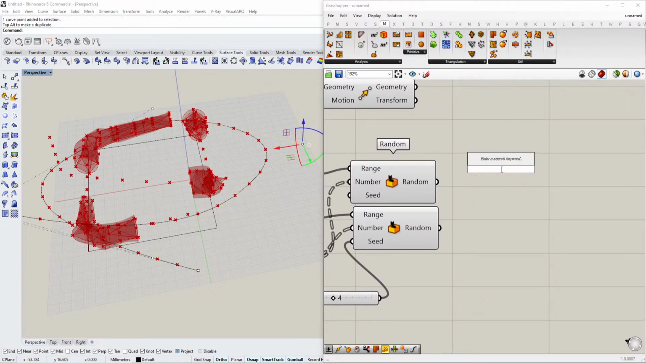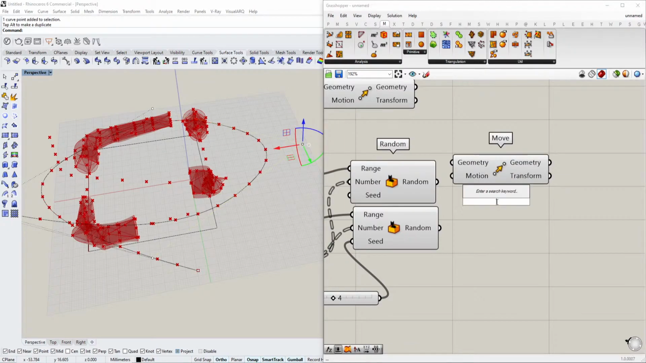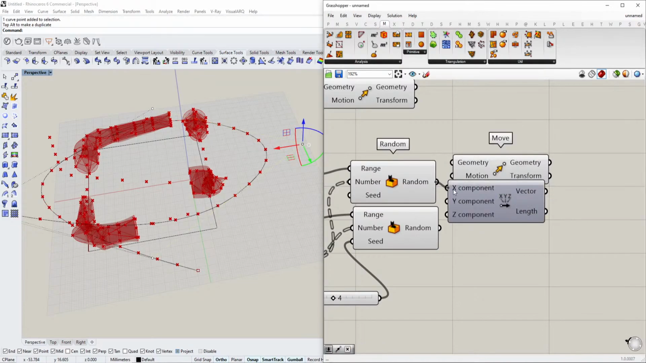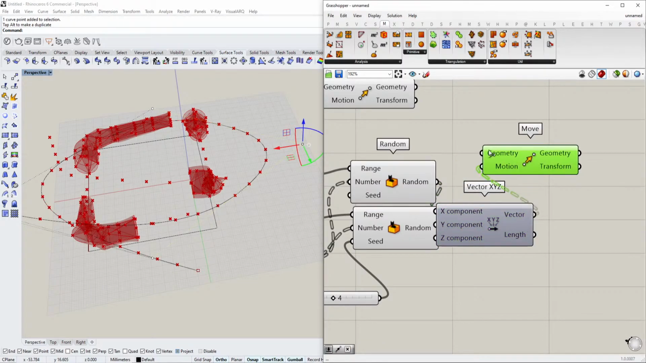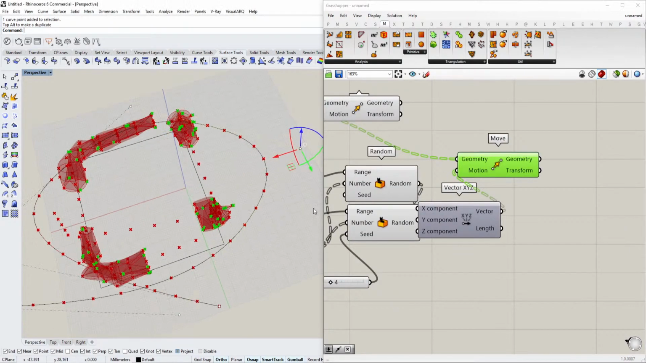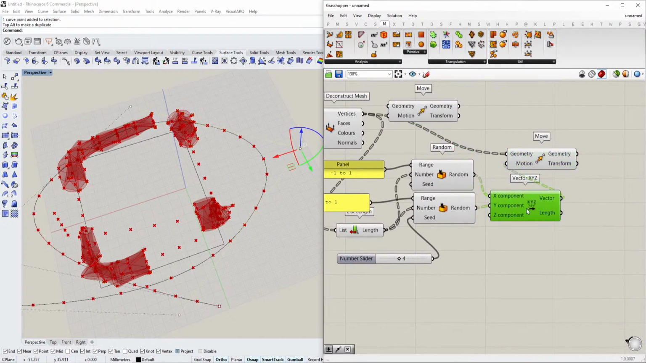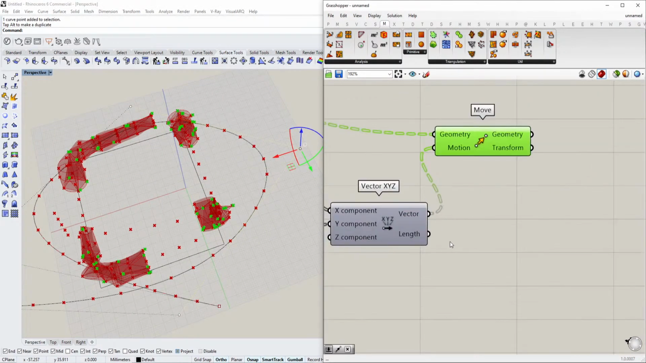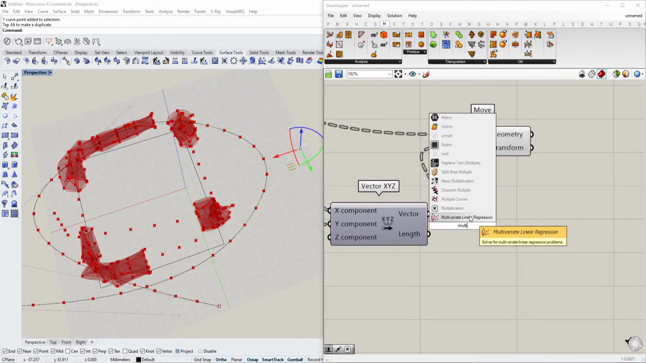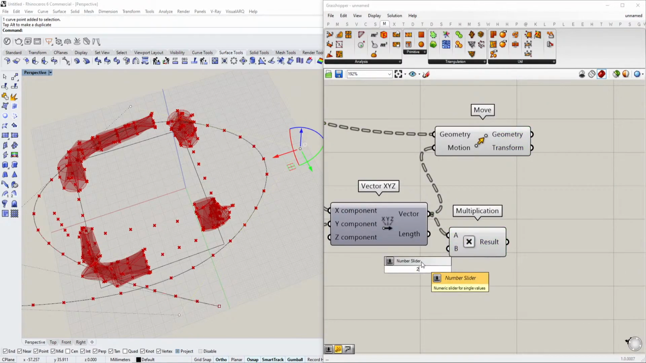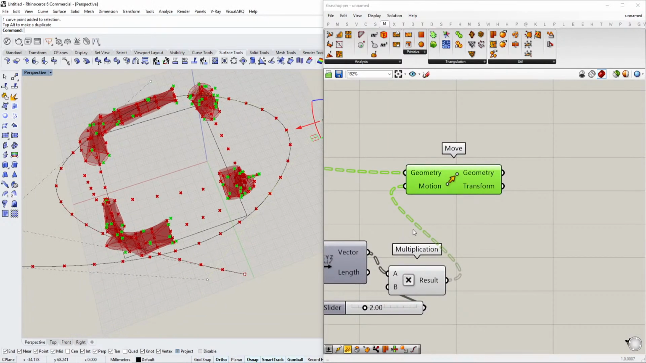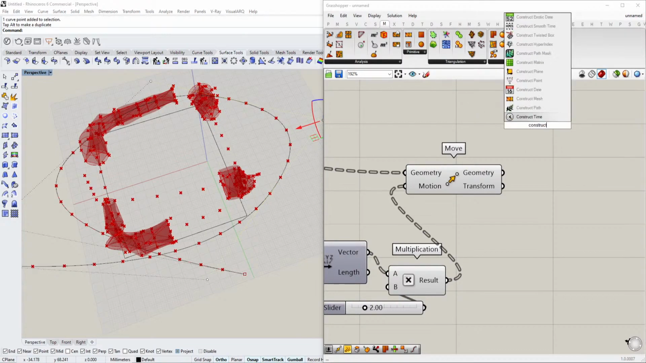and the other one would be the seed of 2. And because we're going to construct a vector between those two in the x and y direction, we're going to move those vertices a little bit randomly. We can also make it a multiplier between those. Then we would have a random way of doing it. And then we're going to reconstruct the mesh. So construct mesh,